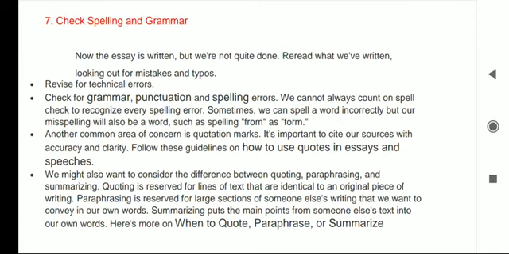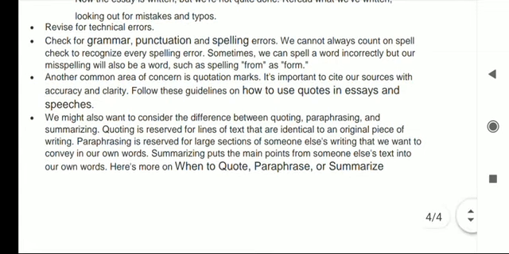"form." Another common area of concern is quotation marks. It's important to cite our sources with accuracy and clarity. Follow these guidelines on how to use quotes in essays and speeches. We might also want to consider the difference between quoting, paraphrasing, and summarizing. Quoting is reserved for lines of text that are identical to an